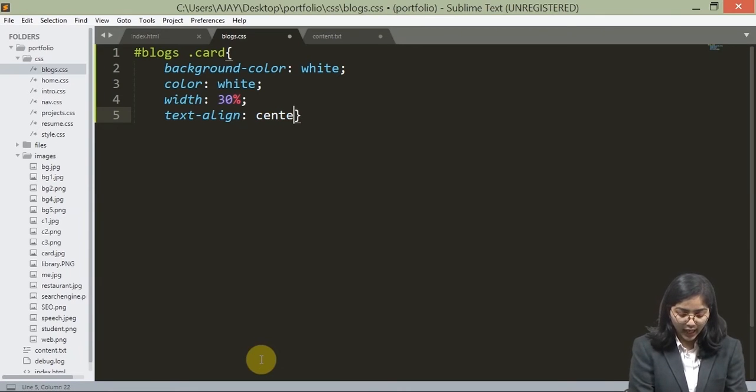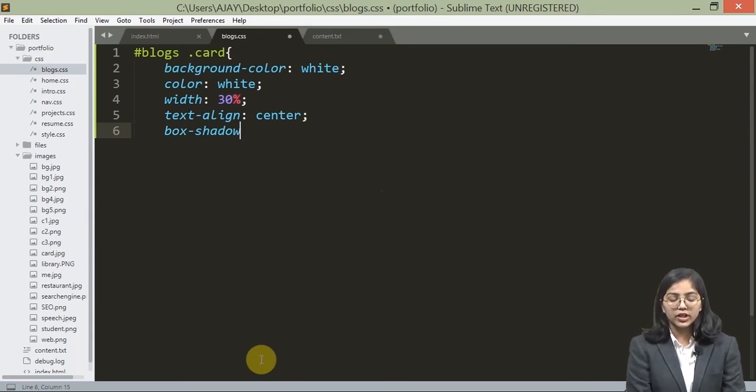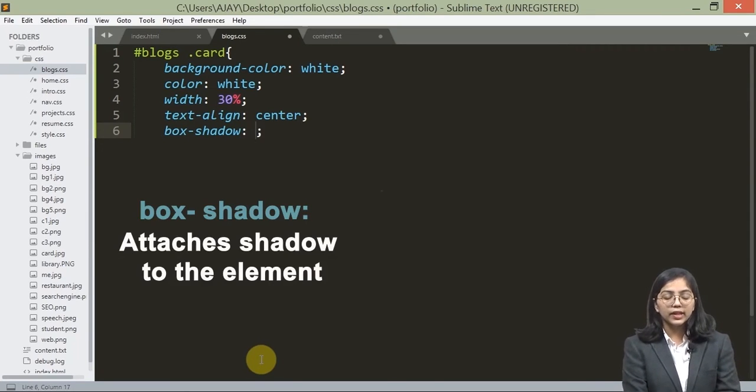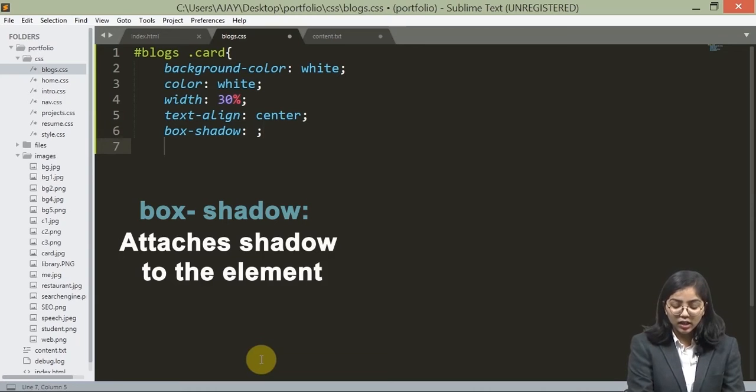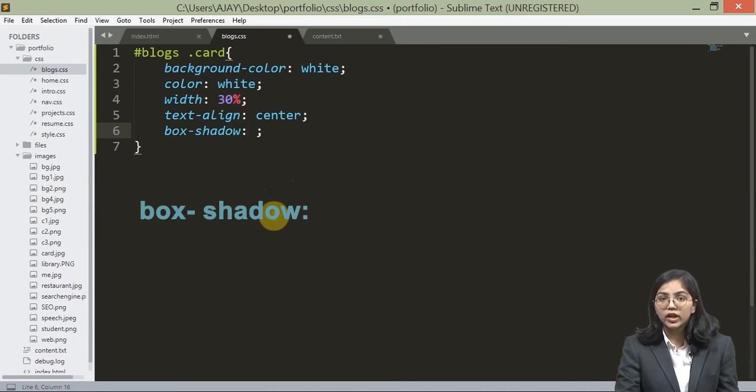And now we are going to add some decoration to it using the box shadow. Now the box shadow property here is a shorthand property. You can define different property names over here and define all the values. But what happens in a shorthand property? We apply all the property values in here without even mentioning the property.